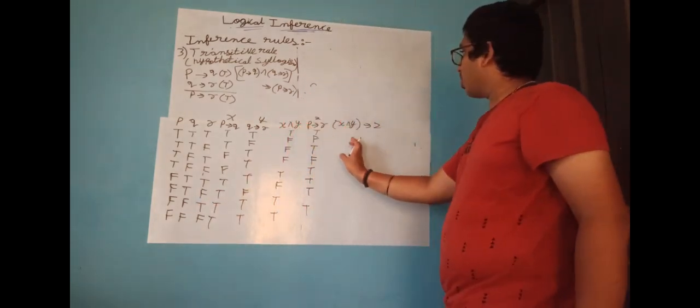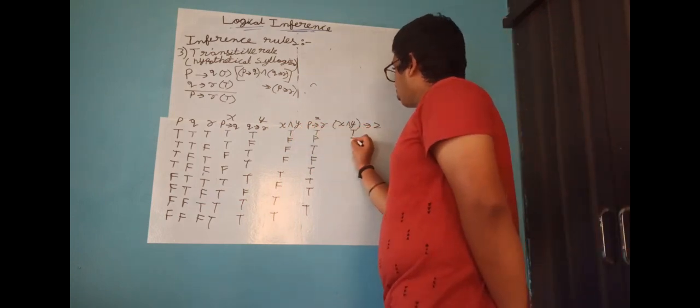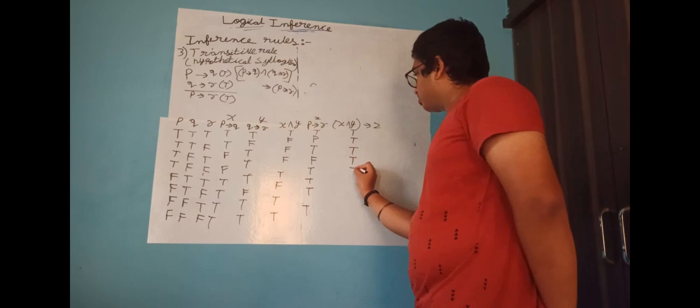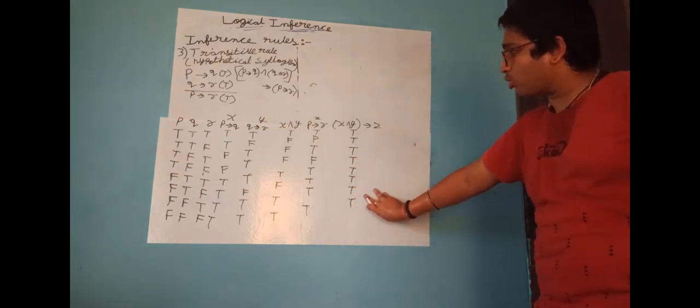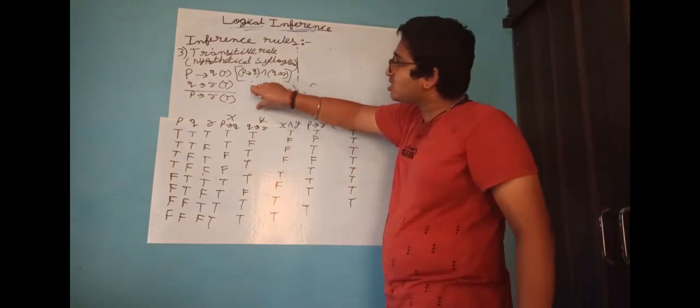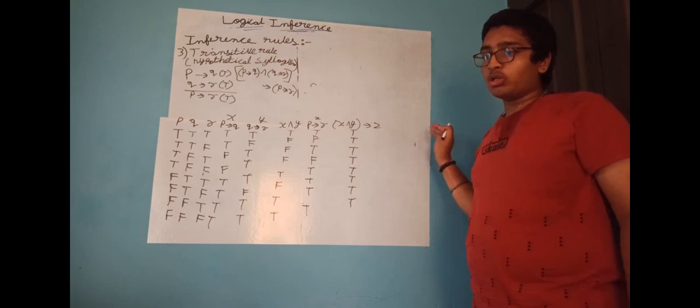Now what we need to do? X and Y implication Z: true, true, true. Yeah, we got all truth values true, nothing but tautology. So the transitive rule is also verified. Next we are going to see